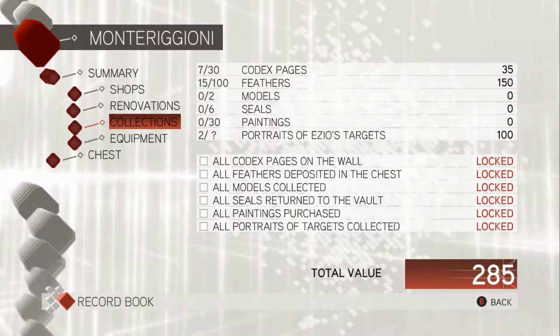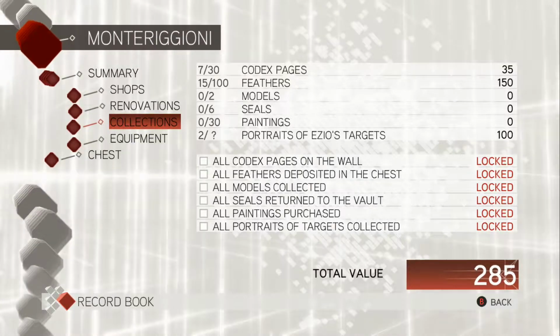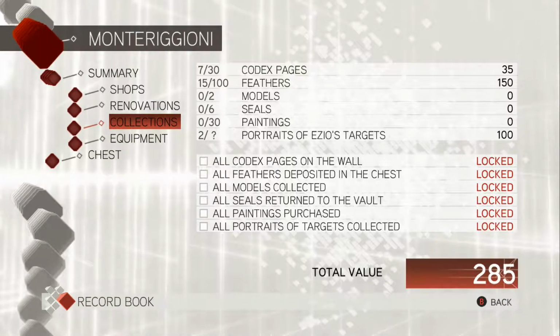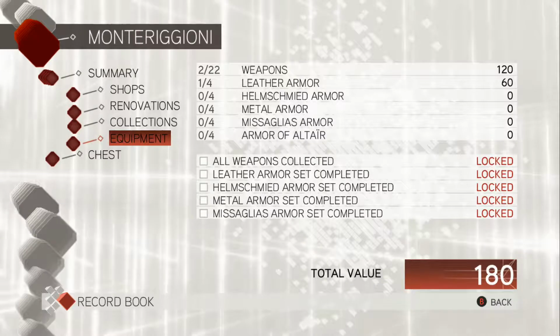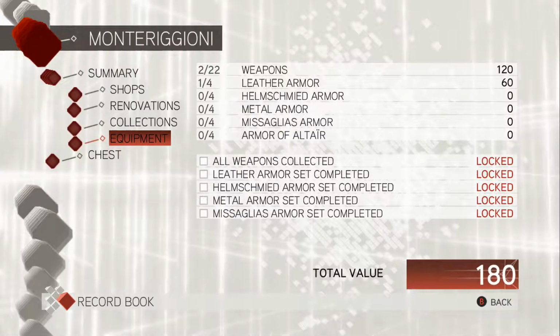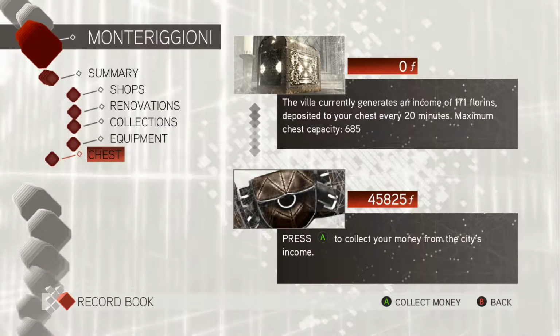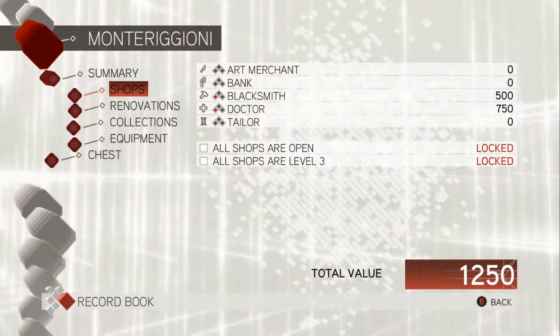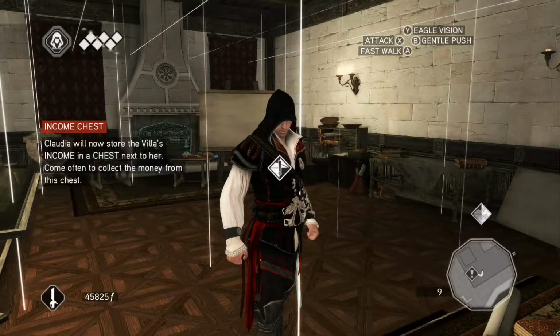Seals, paintings. So yeah, the paintings you buy, I don't know where you get the seals or the models from, but the paintings you just buy from art merchants around the cities. Equipment, miscellaneous armor, okay. But yeah, all of those do stuff. And you upgrade, and the city itself upgrades, but I don't remember how you do that. I think...